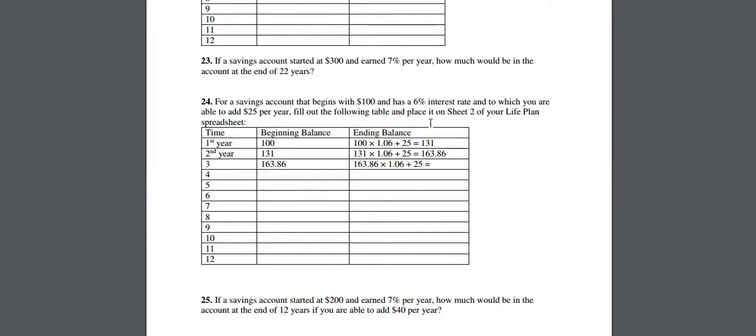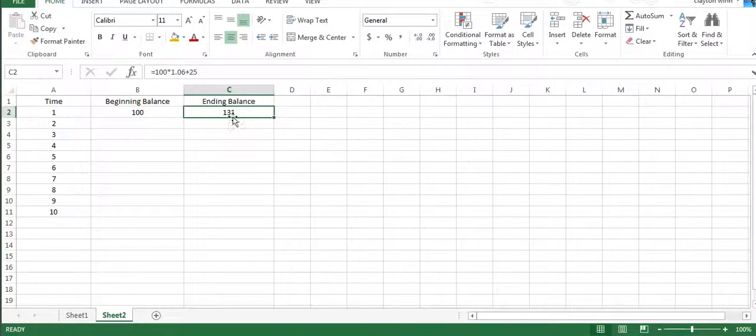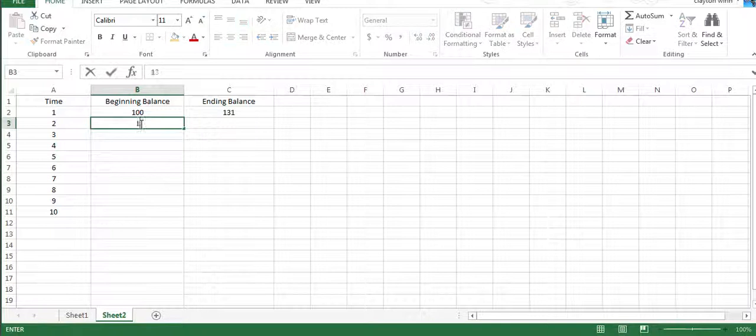So let's go look at our answer here, which is 131. I went ahead and did that already, so I have the 131 in here, but this is the formula that you'll use here. So I have equals 100 times 1.06, that's the 6% interest rate, plus 25, and it comes out to 131. So I'm just going to put my 131 over here,